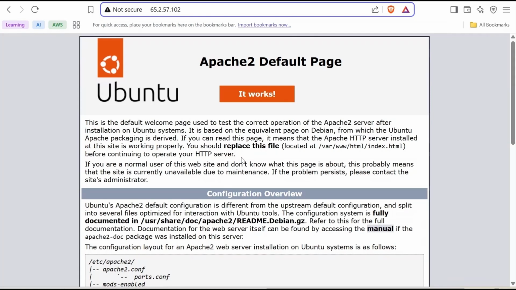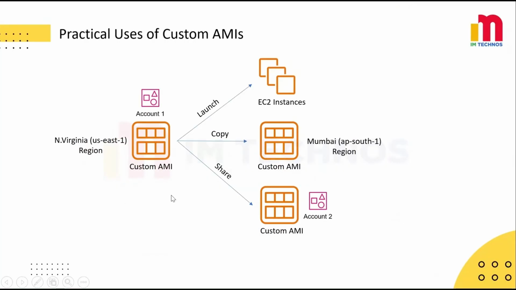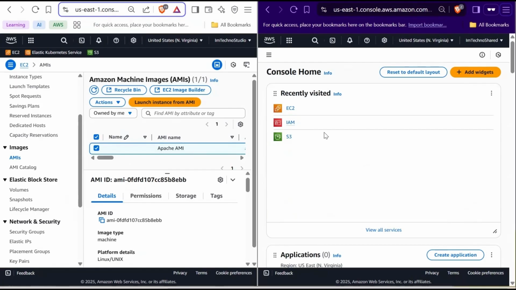You should see the default Apache welcome page confirming that Apache is running successfully. Now let's share the AMI with a different AWS account. I have signed into two AWS accounts side by side. One is IM Techno Studio, the source account, and the other is IM Techno Shared, the target account. Since the AMI was created in the North Virginia region, when shared, it will only be visible in the same region